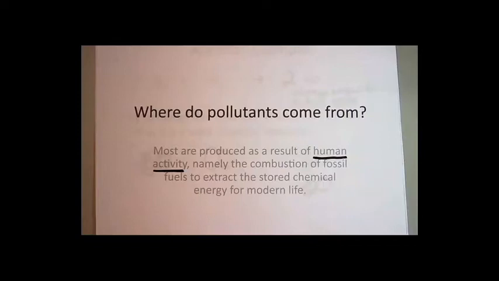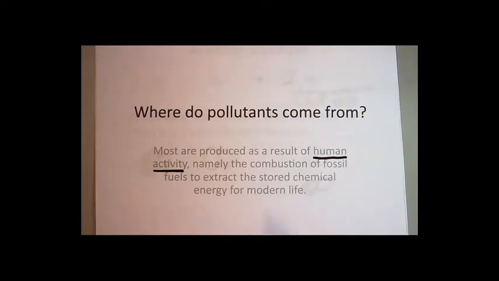What we're talking about, remember, is where pollutants come from. We recognize that they come from human activity, namely the combustion of fossil fuels. And so what we've been looking at in the last segment was just, what exactly does that word combustion mean? And we looked at some examples of some combustion reactions and reminded ourselves of the importance of balancing those chemical